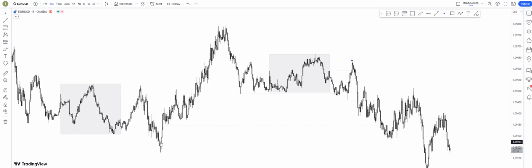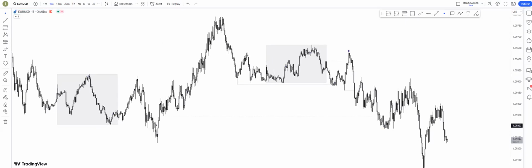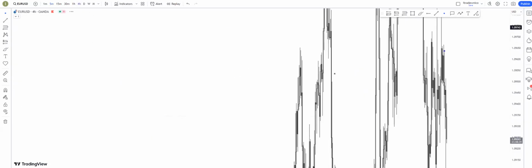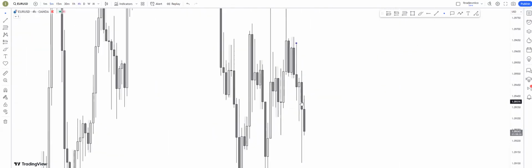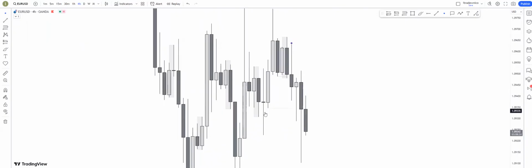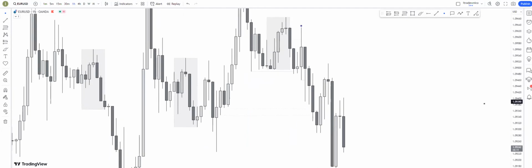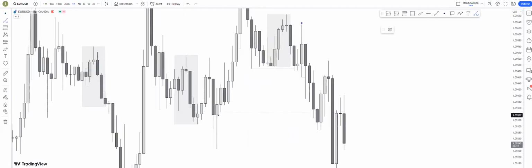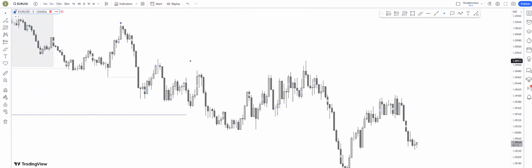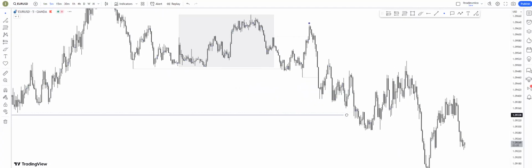I already see this because it's an untested Quasimodo, an untested strong low right here. But we can even mark this down with a key level. So we go to the 4-hour. In this case, that's a way too high time frame. We just see this wick. So we go to the 1-hour time frame. What can we see? An unmitigated wick just below our internal range liquidity. And that's actually how we could take out the obstacle.